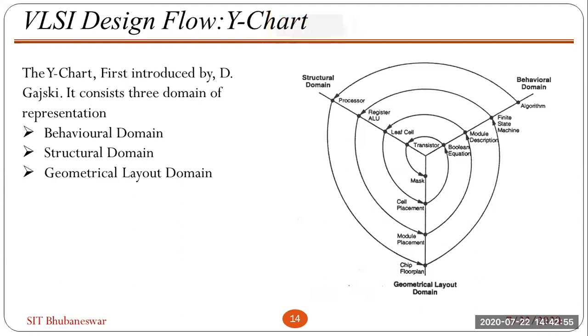Processor means, in the architectural way, a processor or any functional module. Then physically, this processor is a chip. This is the chip floor plan. Suppose you got the algorithm: this is the functionality, this is the input and output, and these components will be there. Then in functional, what will the blocks be, everything you know, overall at the top level.